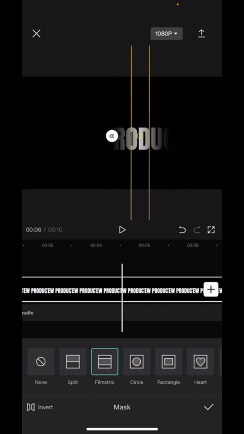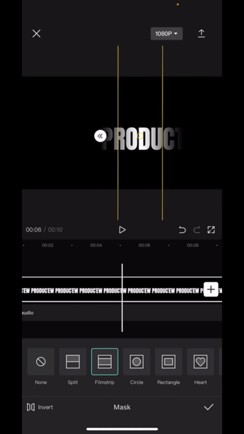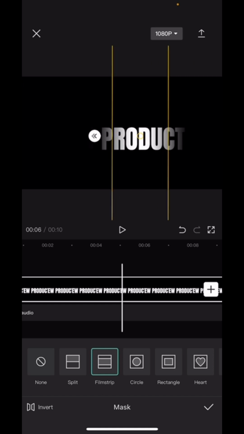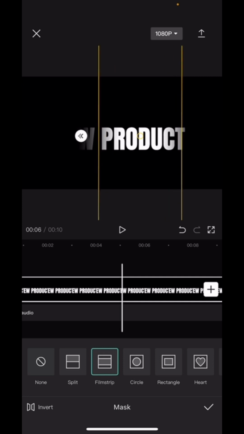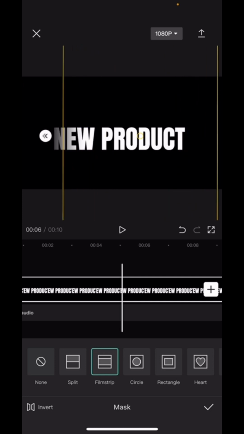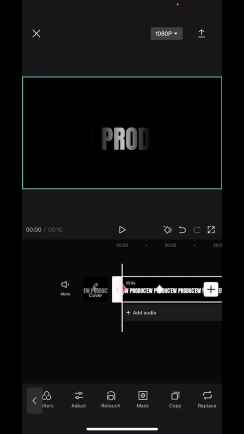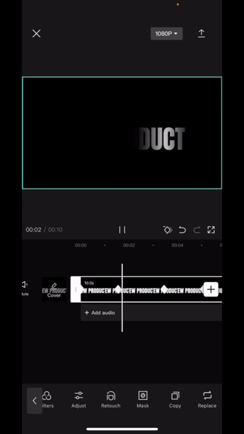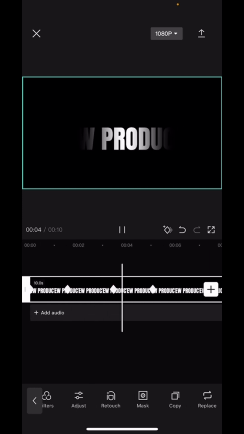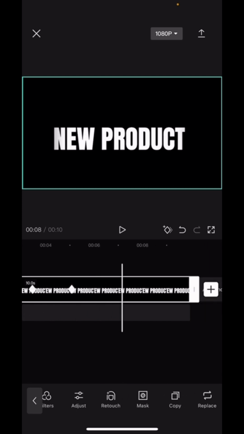So now at the end, we're going to drag these 2 lines away from each other so the whole text can be revealed in the end. Okay. Now let's preview it and see what we have. And that's how you create the cinematic style text reveal or